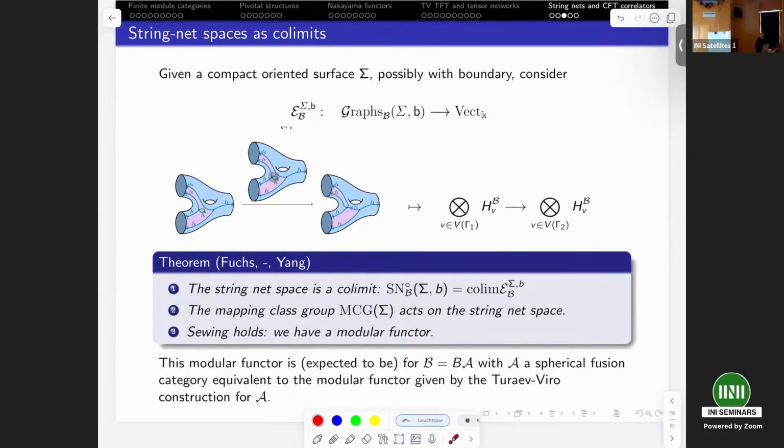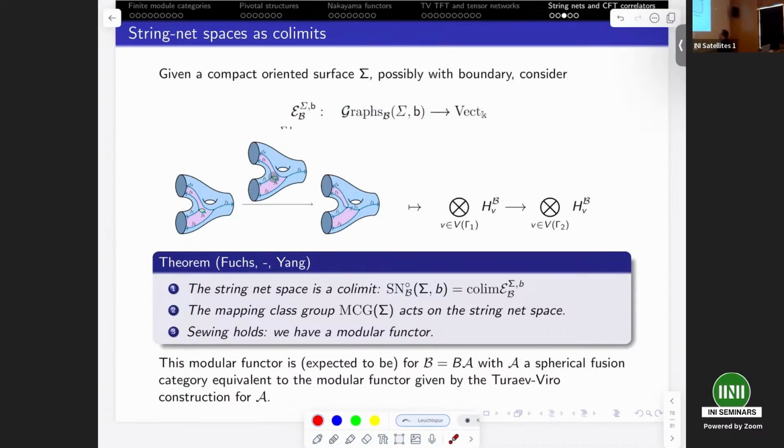So the upshot is that if you have a good graphical calculus on a pivotal bicategory, you can set up from this a functor from graphs to vector spaces, and the co-limits of these vector spaces are exactly vector spaces with mapping class group actions that are very interesting in different contexts. So this modular functor is so these vector spaces